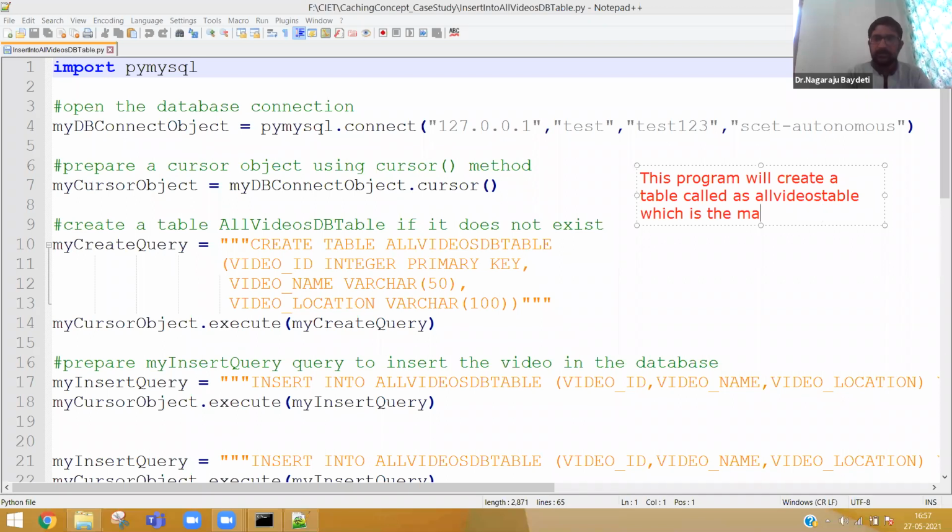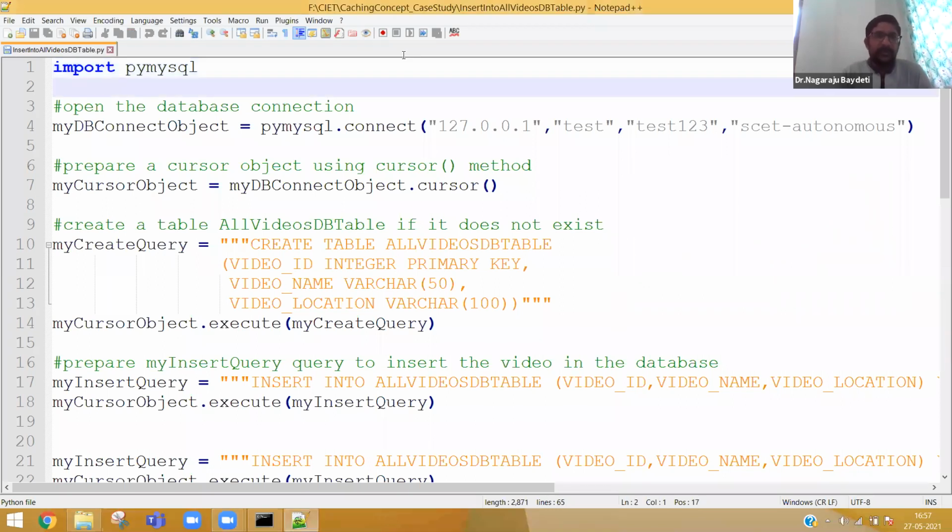You can simply say it has the metadata information of all the videos, for example video ID, video name, video location. You cannot store a video in a database table. This is the program, and it is very simple to understand. There is no complexity in this.